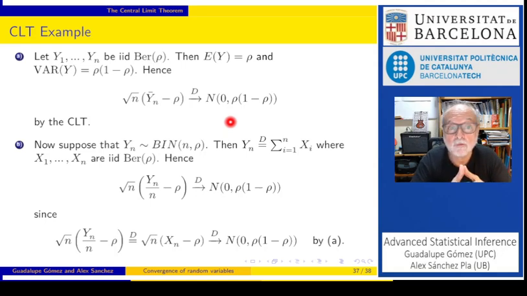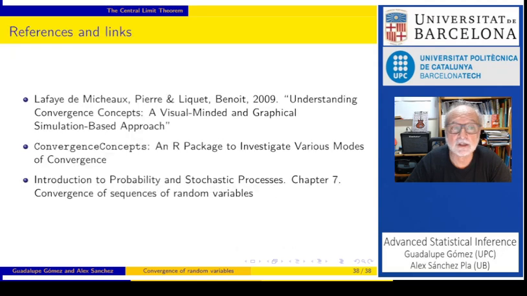And that's all for this first video. We have seen a quick review from the idea of convergence, the types of convergence, how to transform convergent sequences, the laws of large numbers, which are important, and the central limit theorem. In a later video, we will see some results that we can globally put in a bag that we call large sample approximations, that of course relies on this one.